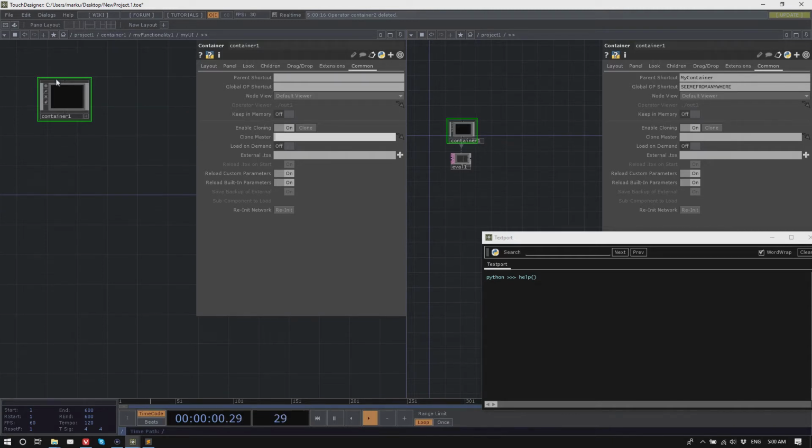So if this is my clone master, then in here I'll just say clone master. So now if I make a copy of this, it automatically clones from the clone master. So basically on the master itself it doesn't matter, and yeah.